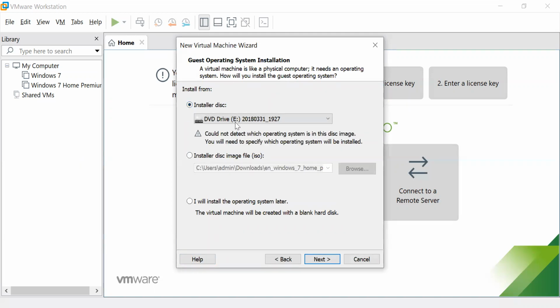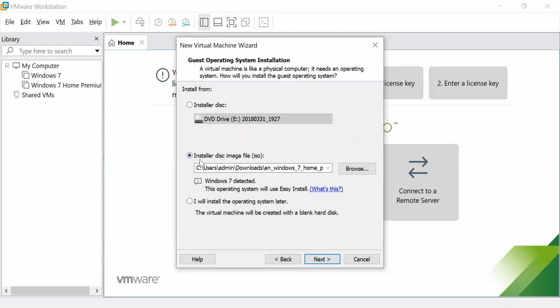You have two options. If you have a DVD drive, you can select it from here. It's used when you have a physical DVD drive, and that would be detected from here. Or if you don't have a DVD drive, an external DVD drive, or even an internal DVD drive, you can use the ISO file. So click installer disk image file, and here you have to put the location of the ISO file. Go browse,